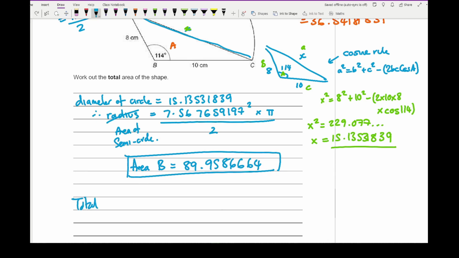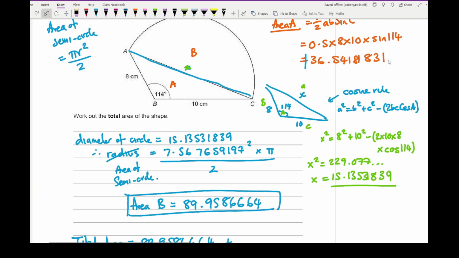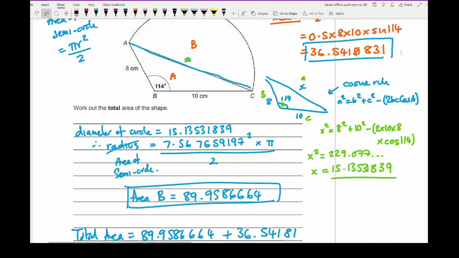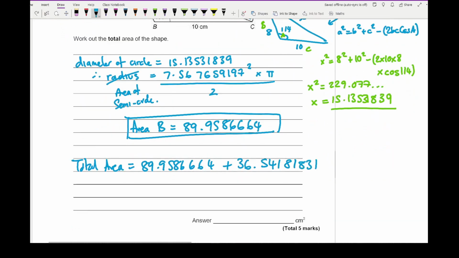And then all that's left for me to do is add the area of A and B, so the total area is 89.9586664 plus, now that's still on my calculator, so all I need to do is add it to this number here. Now if you've done some rounding you may get a different answer, but here I'm getting 36.54181. Is it 831? Yeah, 831. And so plus 36.54181831,